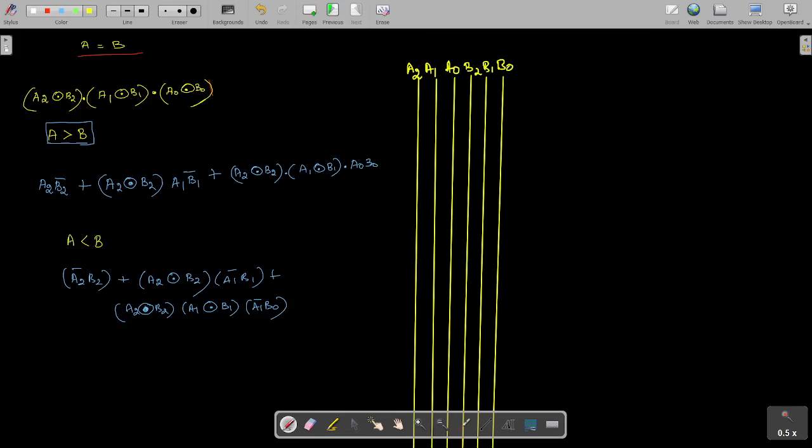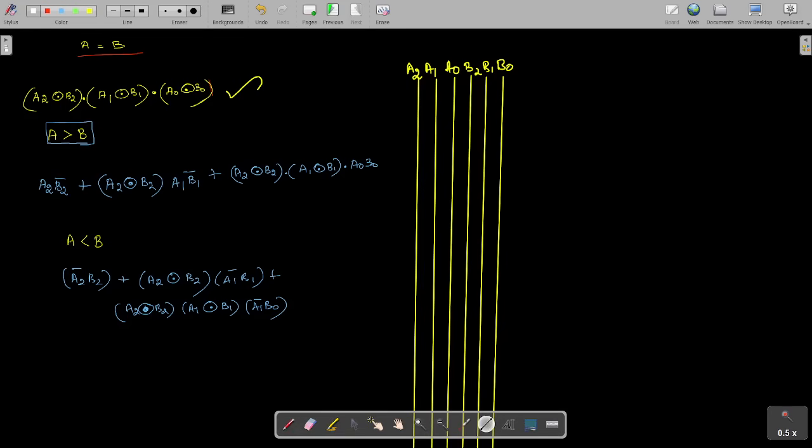Using these 6 input lines, we'll be obtaining the conditions for A equal to B, A is greater than B, and A is less than B. So if you see this, this is the Boolean expression or Boolean function for the A equal to B condition. So now we'll implement this.